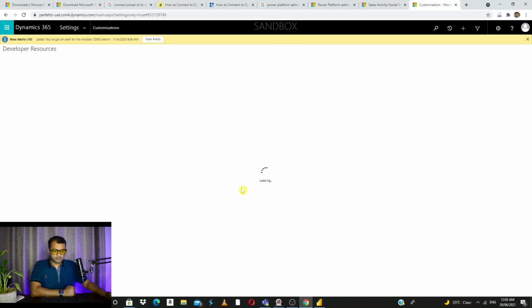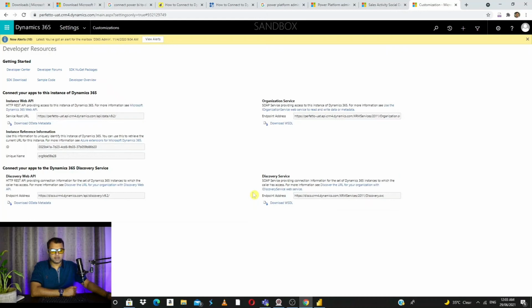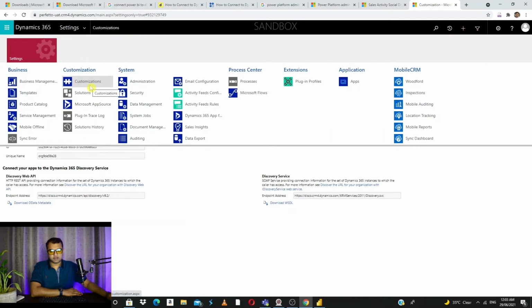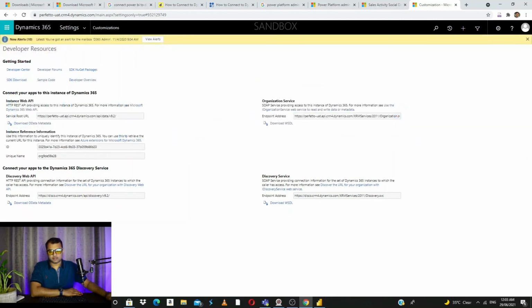The next thing we are going to look into is how to connect Dynamics 365 CRM to Power BI. For that, we'll have to go to Dynamics 365 settings, customizations, and developer resources. Once you click on that, you will see the Instance Web API.